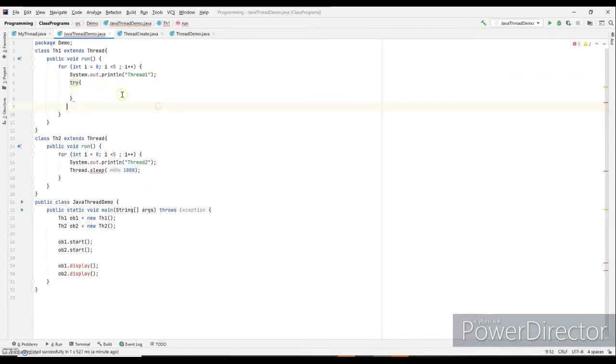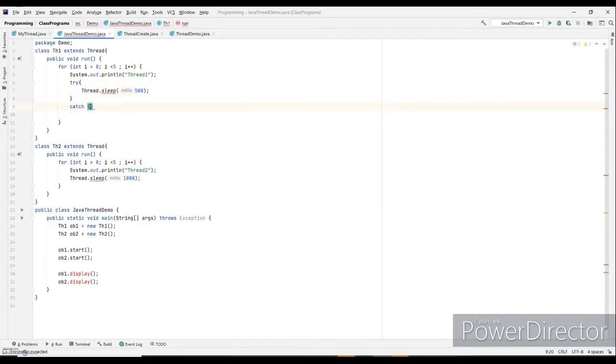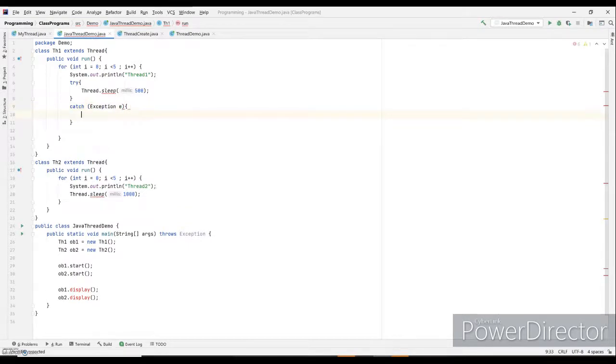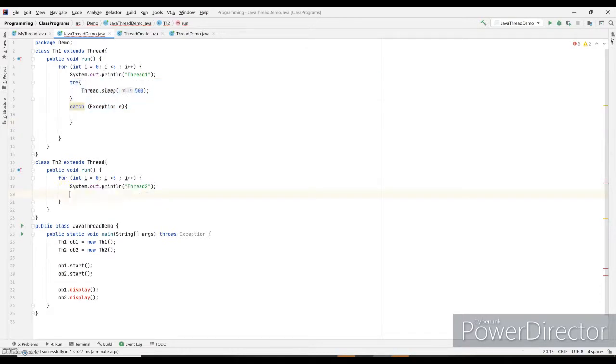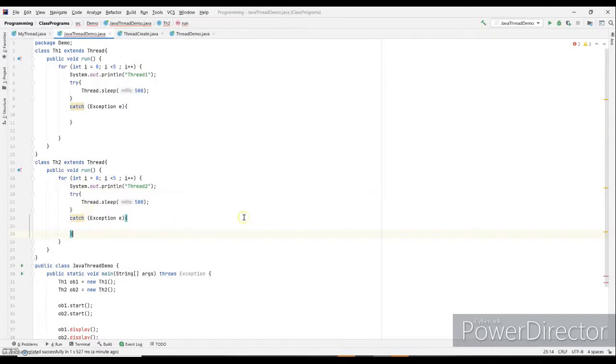I'll put this sleep into this try block, reduce the time duration a little, and I'll use catch exception E. However, I am leaving the body empty because I know that exception is most likely not to occur. Similar thing would be followed in the second class. So this is the thing.